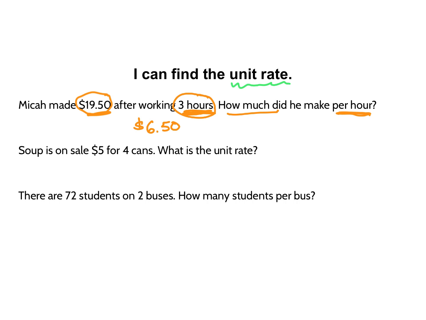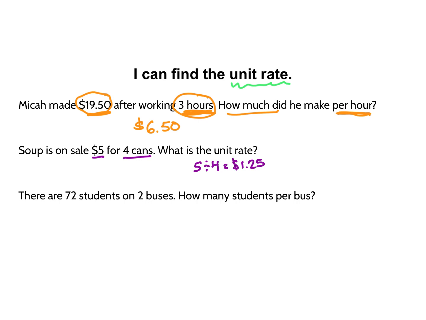What is the unit rate? Okay, so I've got $5 for 4 cans. How much is it for 1 can? I'm going to take 5 divided by 4, and I get 1.25. Again, we're talking about money. So instead of saying 1.25, I'm going to put a dollar sign in the front,